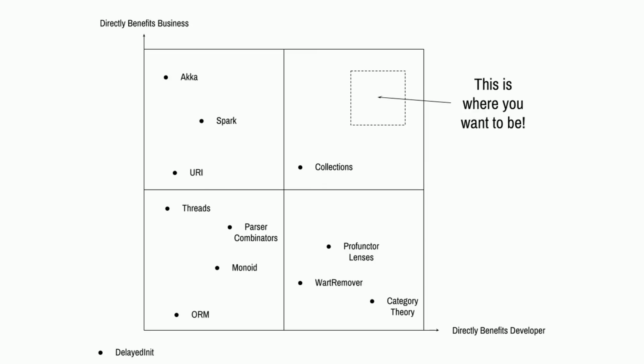Pure functional programming is like a lot of things in category theory and algebra and mathematics and so forth. It's very useful for us as developers because it helps us reason about the software that we write. It helps us make correct software. But this stuff is directly beneficial for us, but it's only indirectly beneficial to the business. Because the ROI of us understanding our programs better and being able to stitch things together better and being able to have some idea that they're correct is not easy to measure.